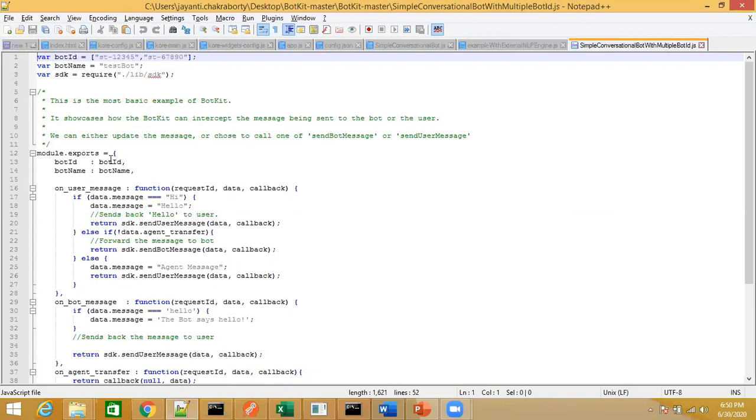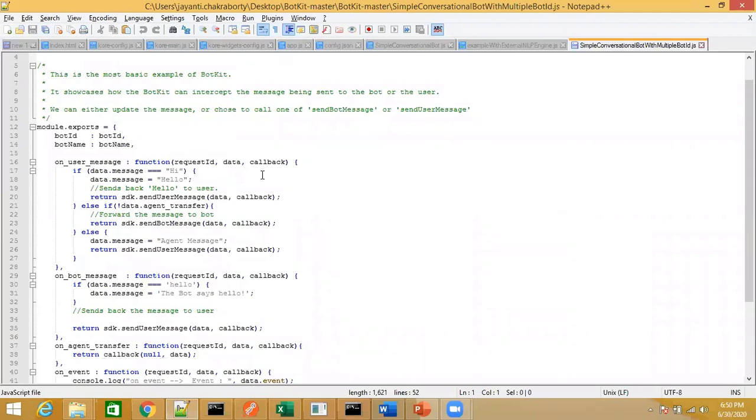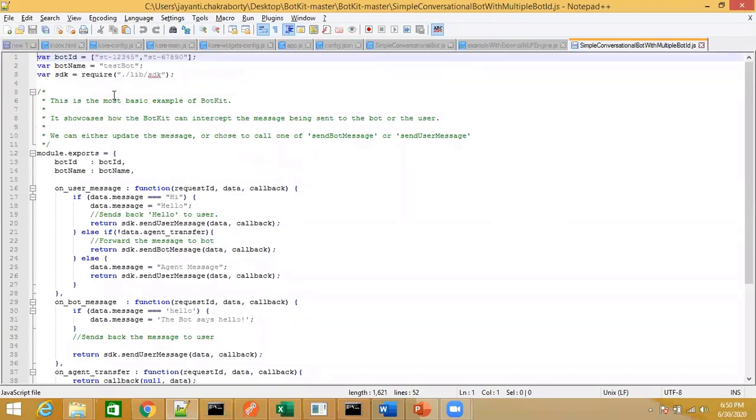Then from here, you can do the entire configuration. So this works as a universal bot actually. When you are sending a message, that particular message will hit all the bots which are integrated over there, and any one of the bots which is designed to handle that particular utterance will return the response back to the user.